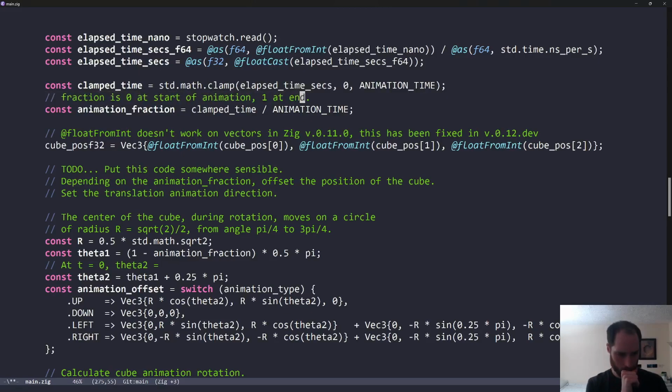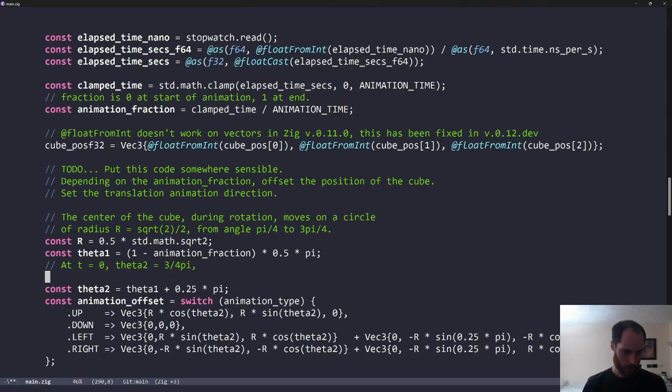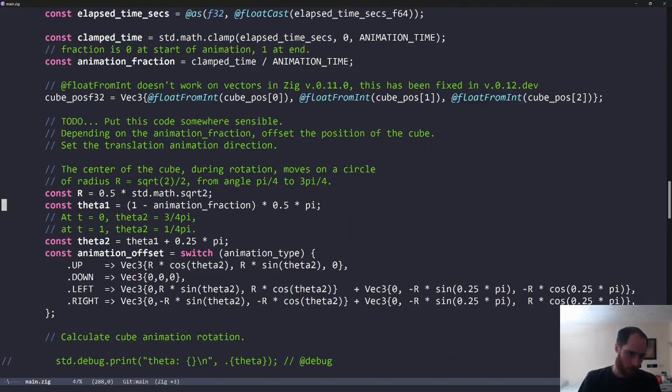So theta 1 here goes from pi on 2 to 0. So this must be 3 on 4 pi. At t equals 1, theta 2 is equal to 1 on 4 pi. Okay. So then